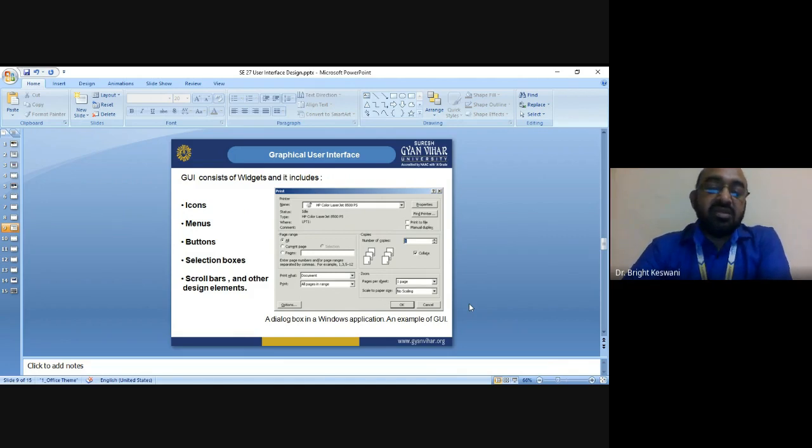Then there are some radio buttons in the page range, like all or current page or pages. There are some check boxes, and labels and text boxes. So from the drop down list, you can select all the predefined options,